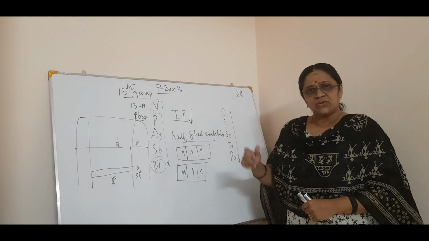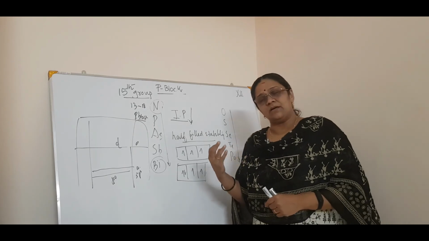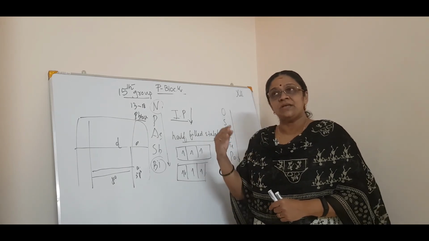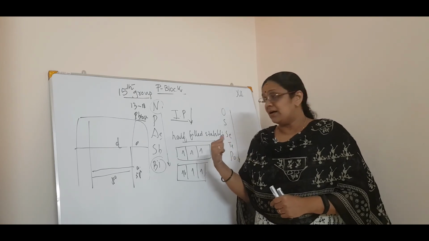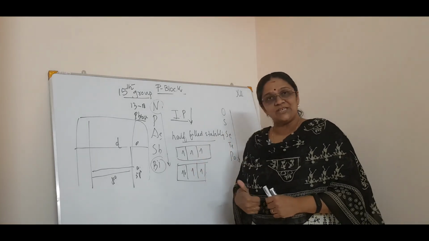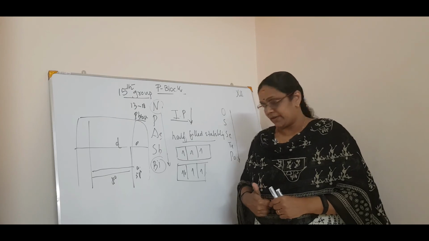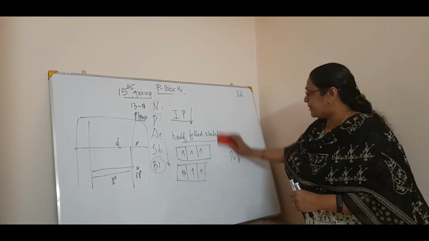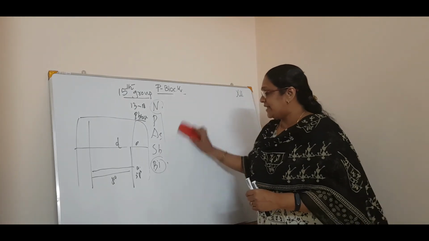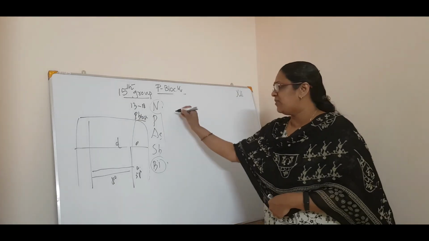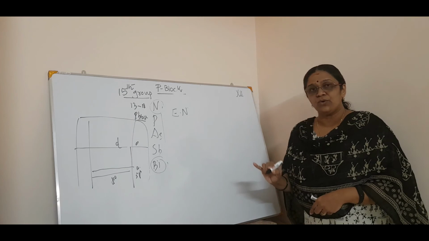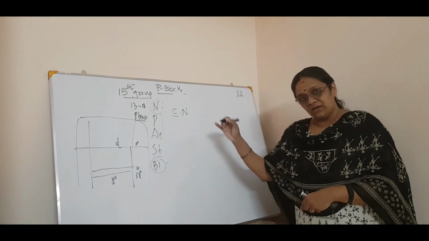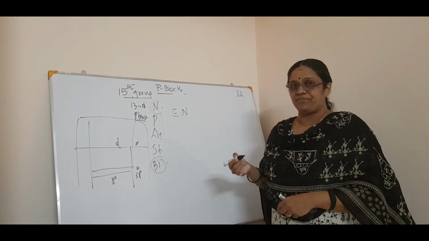So first you have seen the general electronic configuration. Second is the atomic and the ionic radii. And third is the IP or ionization potential. Now we will come to the fourth property or trend, that is electronegativity. As you know, you have studied the 13th and 14th groups, the boron and carbon families. In all of these, the same trends are there.